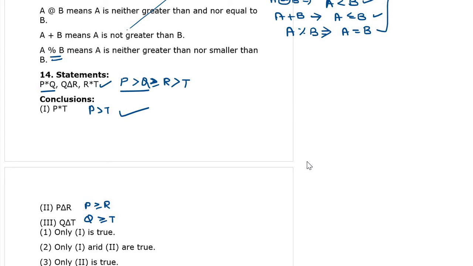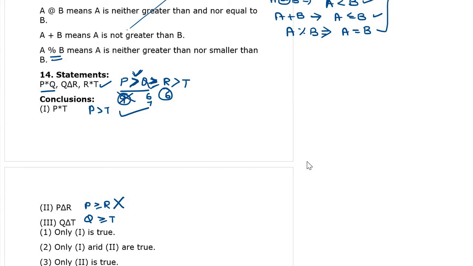P greater than or equal to R, this one is wrong. Why? We can take only one symbol. Greater than or equal to, here we always take greater than only. Suppose for example, Q is greater than or equal to R. I am taking this one as 6. Q is greater than or equal to R means this one is greater. It may be 6 or 7, this one may be 9. So not necessarily should these two be equal.